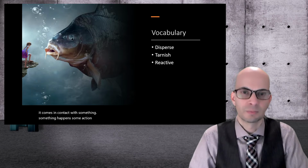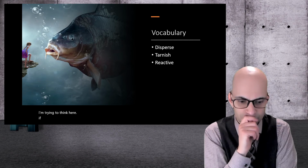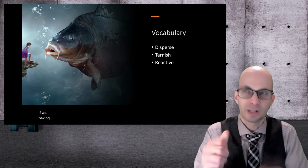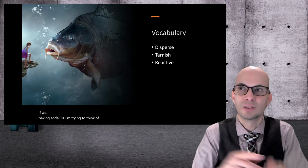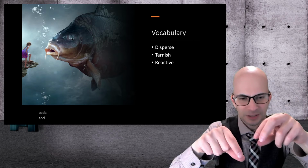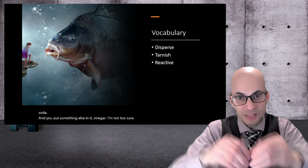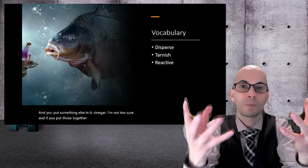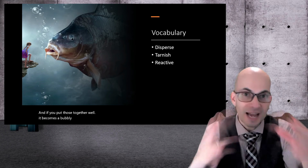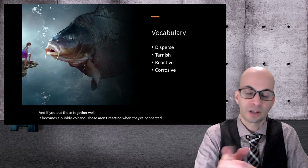I'm trying to think here. Baking soda, okay, I'm trying to think of a volcano. What do we do in a volcano? You take baking soda and you put something else in it. Vinegar? I'm not too sure. And if you put those together, it becomes a bubbly volcano. Those are reacting when they're connected. Corrosive, I kind of talked about before,